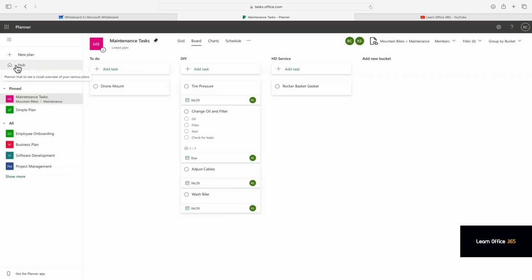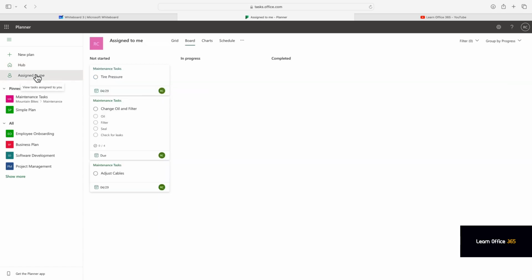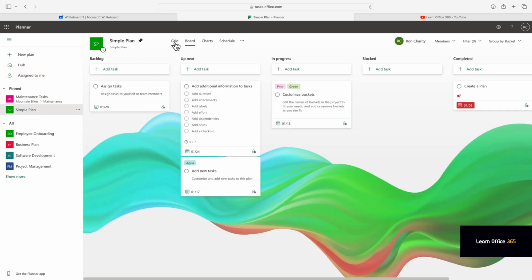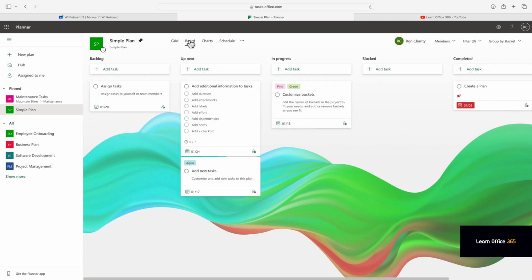You have the Hub, which provides a list of planners you belong to, you manage, and stats. And Assigned to me, the tasks that are assigned to you. And then we have some other plans that have been created. So on the top, we have the grid view, and we have the board, the charts,